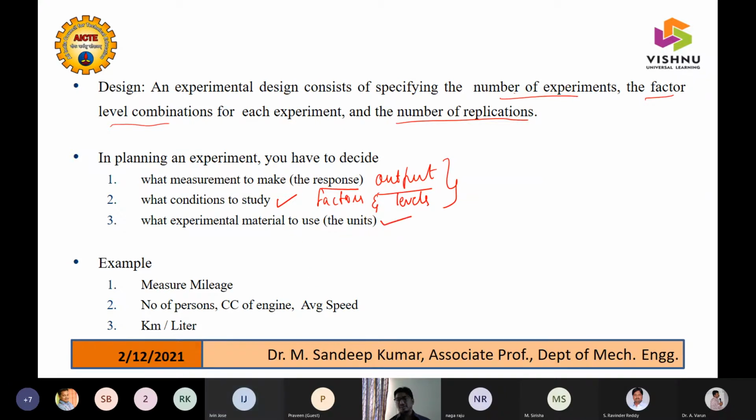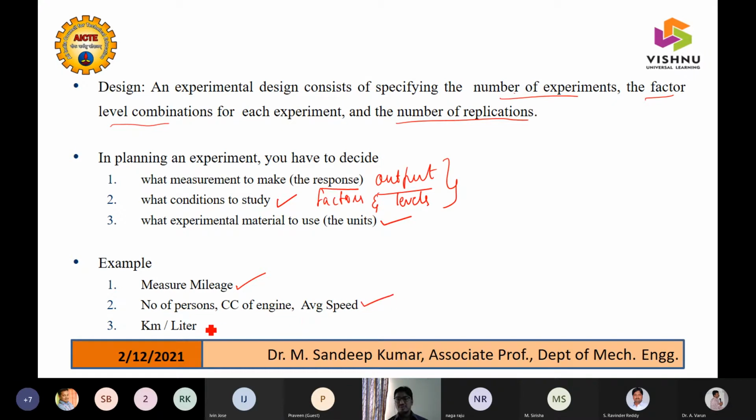Like the example we took regarding mileage, where we compared two bikes, one of 100cc and the other 150cc. I hope everyone remembers that example. We were checking the mileage comparison of the two bikes, and we gave them some conditions and levels, like number of persons, cc of the engine, and average speed.